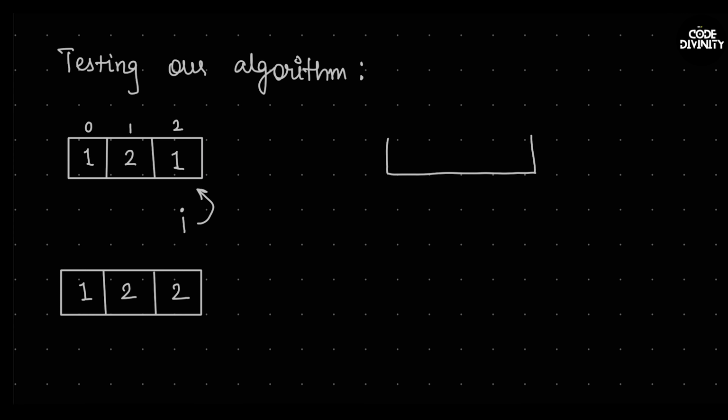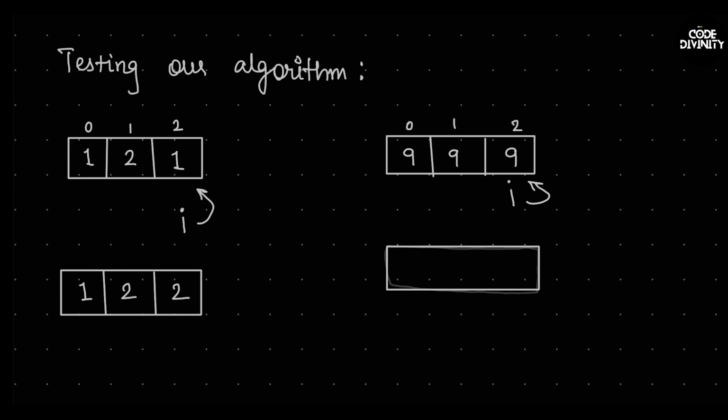Now let's take an edge case. The i pointer will be set to index 2. The element at index 2 is 9. In that case, we will set the ith position as 0. Then i will be pointing at the first index. So we will make it 0 as well. Then i will be pointing at the 0th element. So we will make it 0 as well. Now the loop will terminate. And for the edge case, we define that we will set the 0th element as 1.